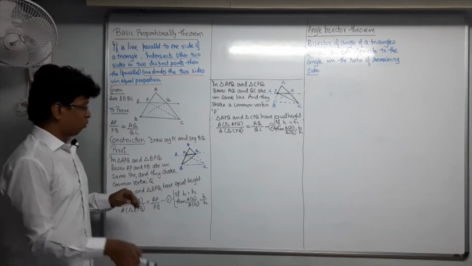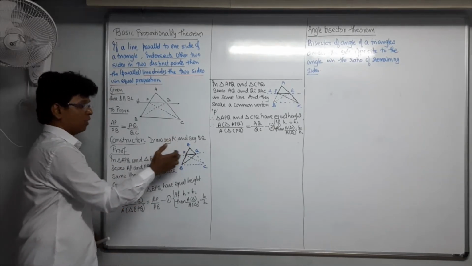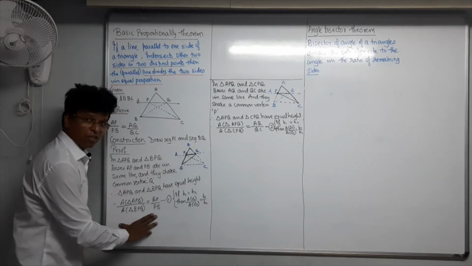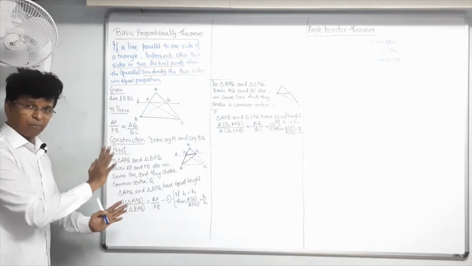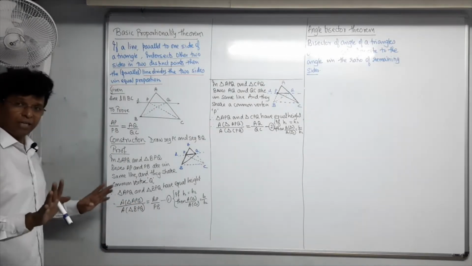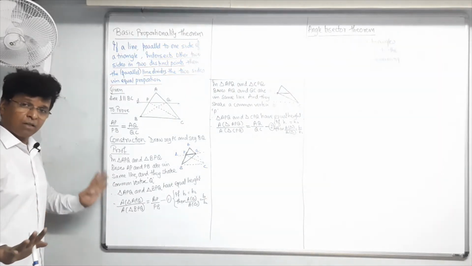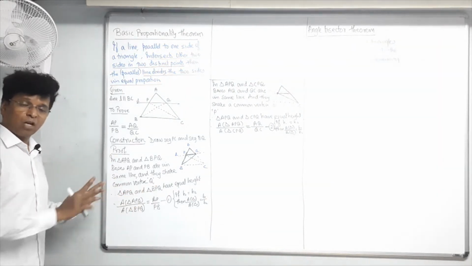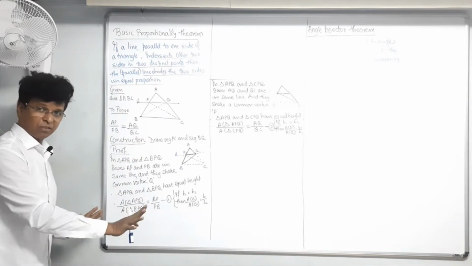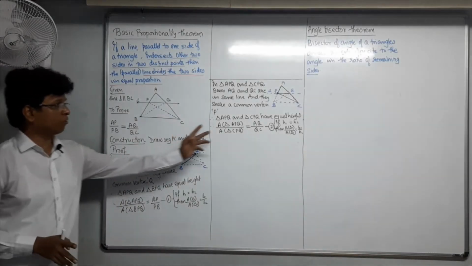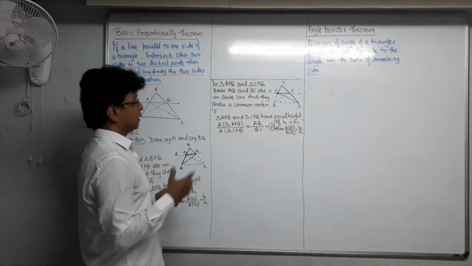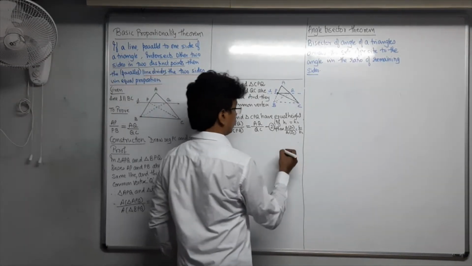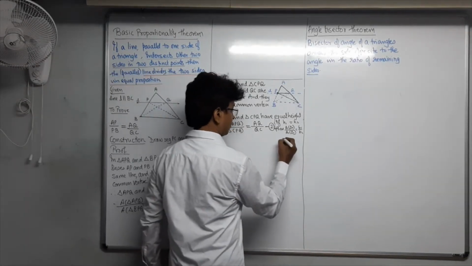See here, once you take these two, you will get one equation generated. This is the property that you are using from exercise 1.1. Simple, ratio of areas of triangles. If heights are equal, the ratio of area of triangles is equal to the ratio of their bases. You are using it over here, you are using it over here. Fine, same thing. And then next, once more you have to do it, again, third time.